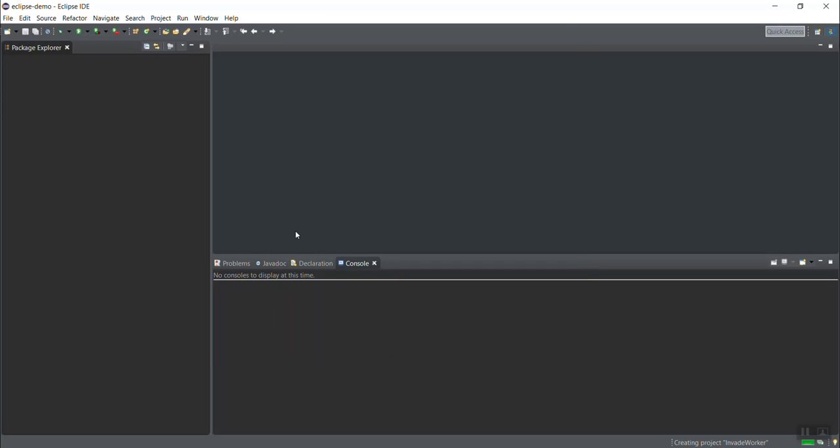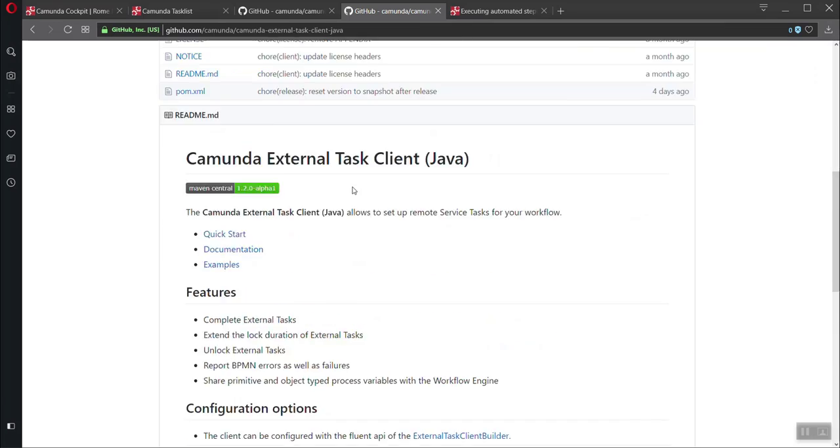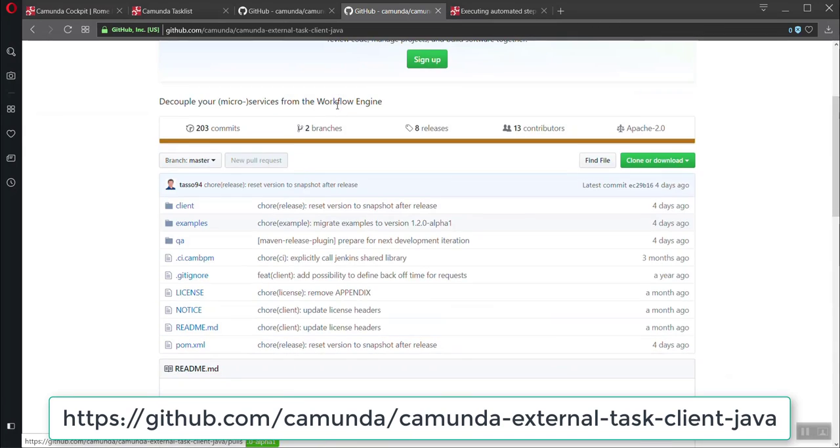Okay. So what that'll do is it'll create a very basic Java project in which we're going to add some bits and pieces to make things work. While that builds, what I'm going to be actually using is essentially here, which is very similar to the JavaScript worker. This is an external task client for the Java worker.